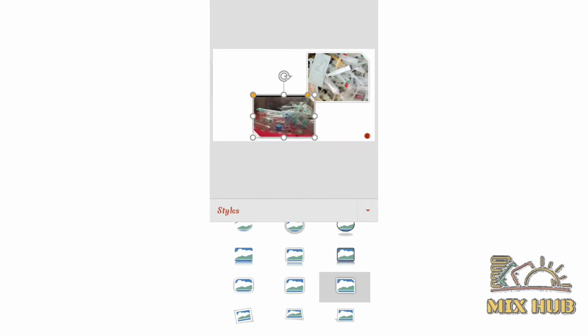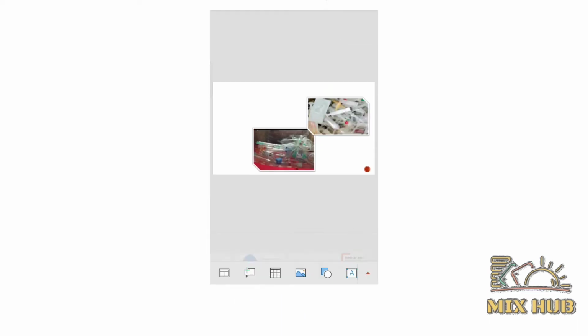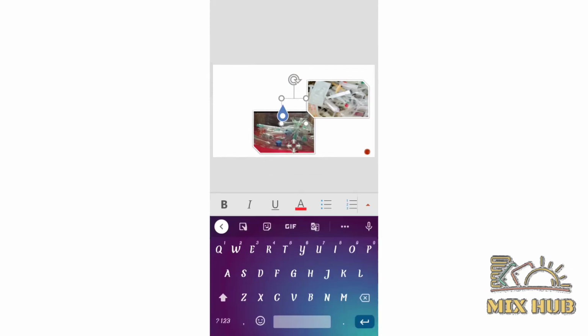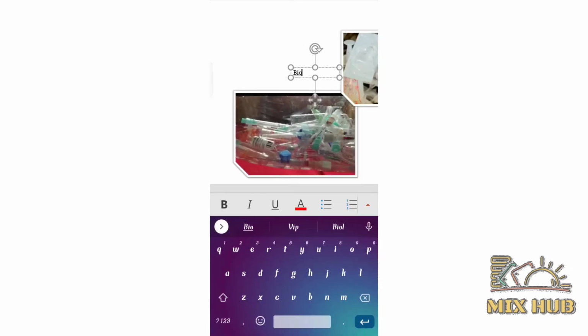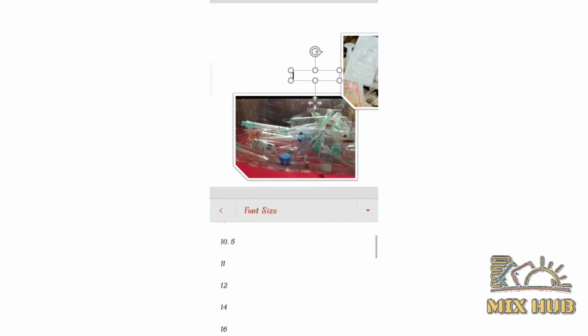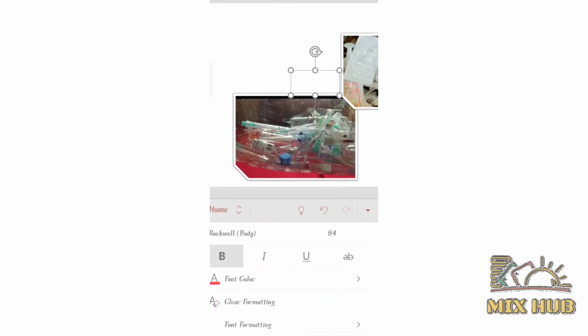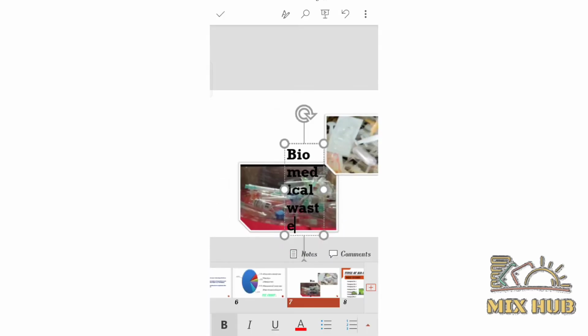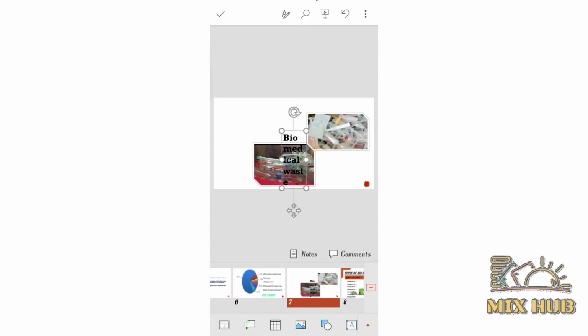Crop. Here I am typing in bold and increasing the font size. Biomedical waste includes... Oh, I am writing includes.